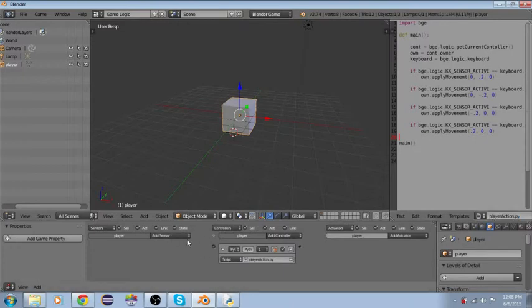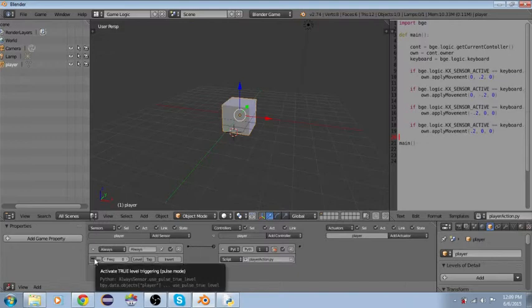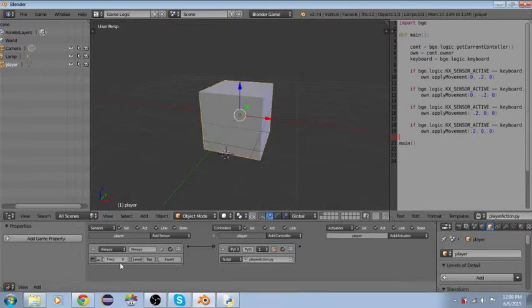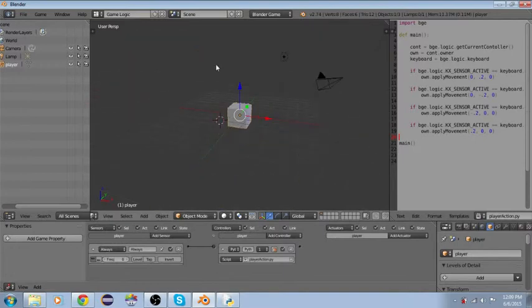So after we have our Python thing, go to always, because we always want it to be running this Python script. Select these 3 dots and then connect them. This sets a frequency. If you have it like that, it'll do it like one time, and it's just not going to work well. But when you have 3, it sets a frequency. So when it's at a frequency of 0, that's the fastest. If it was like at a frequency of 100, it would count up to 100 and then do it. So it would always be counting up to 100 and then completing the action. So you'll see now that if we press P to play,